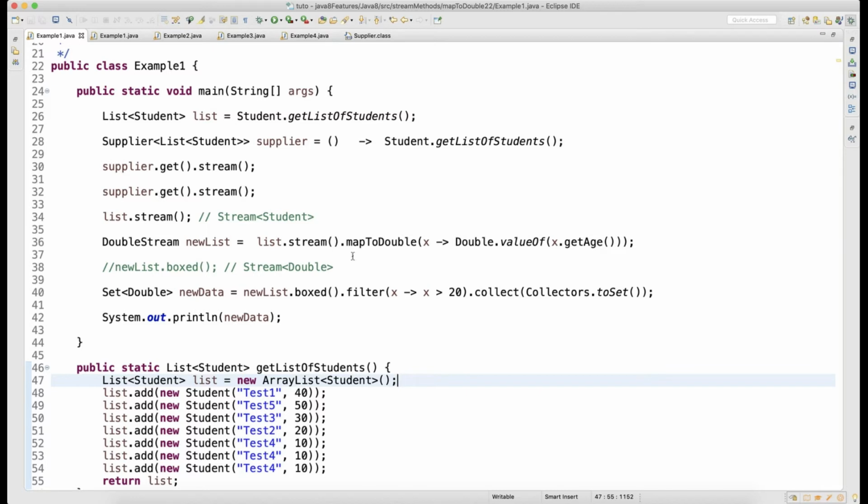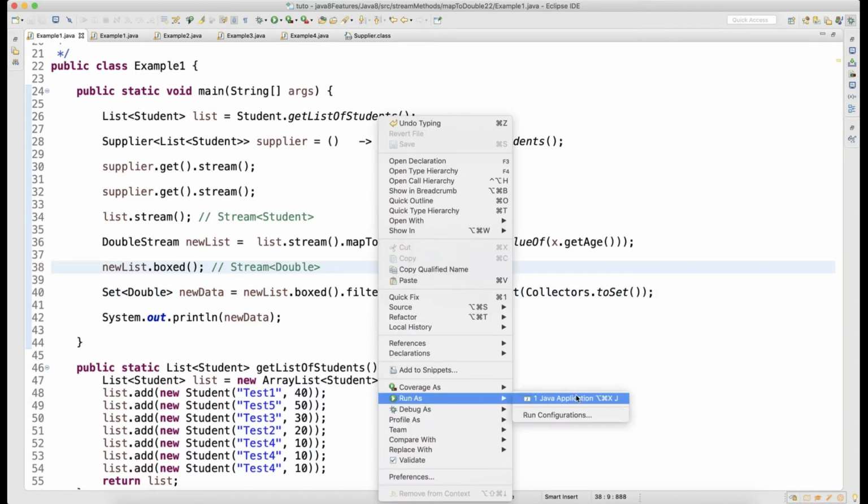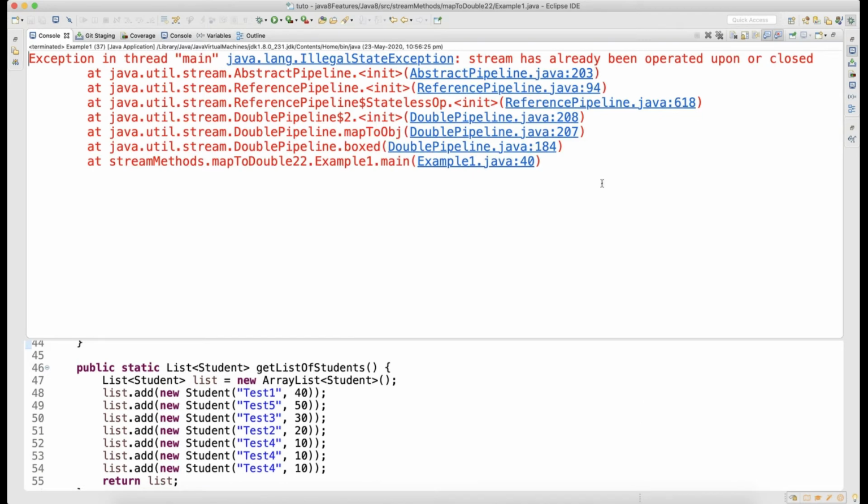Why? What is the reason? List.stream, then again newList.boxed. Let me do one thing, let me open this one also. Since I have converted to the supplier, is that helping?